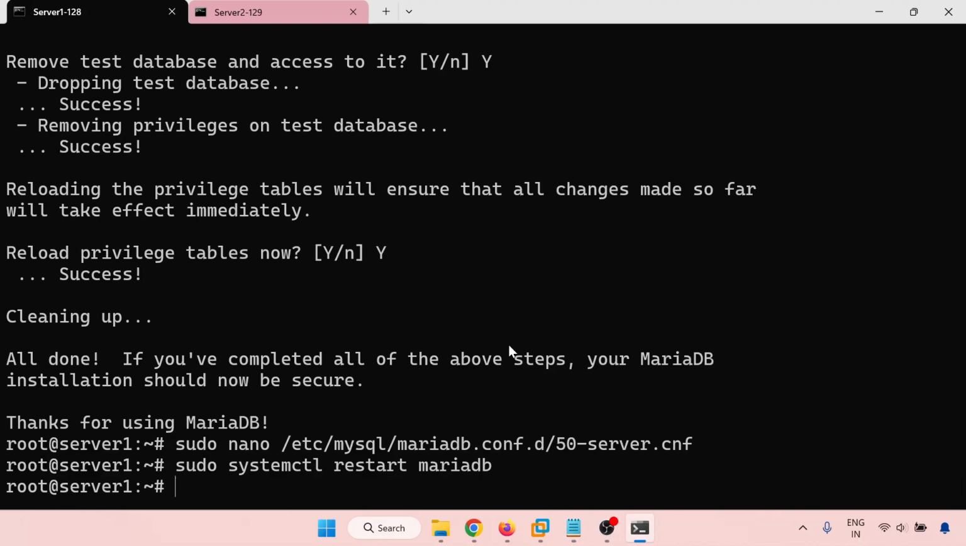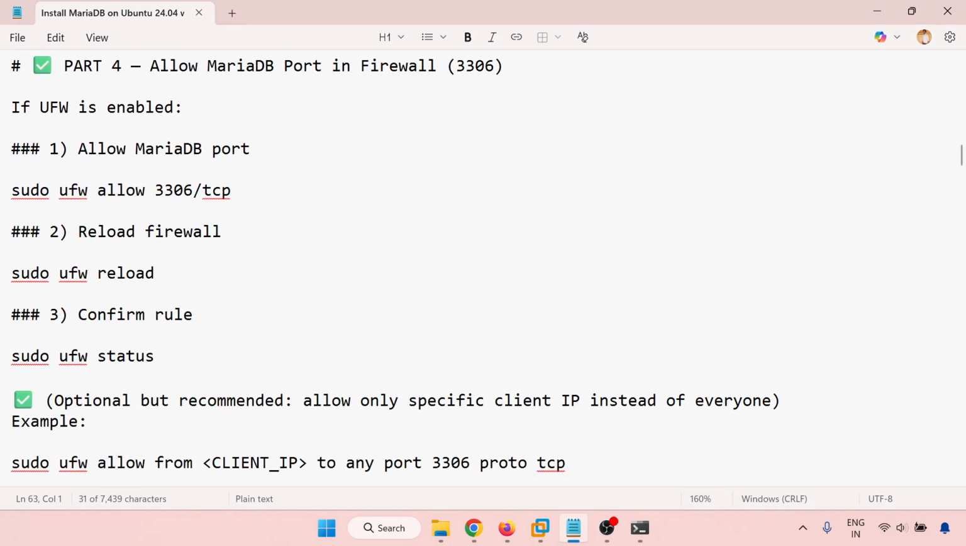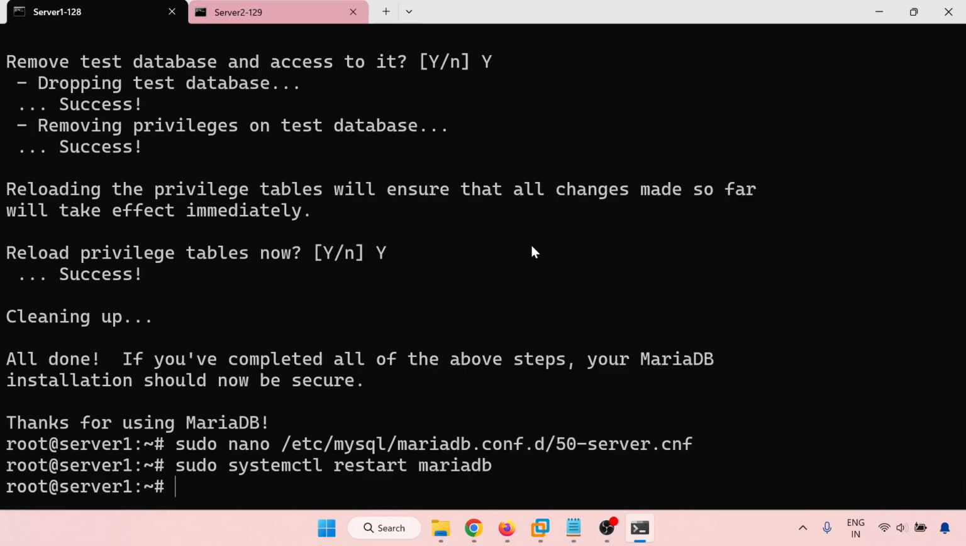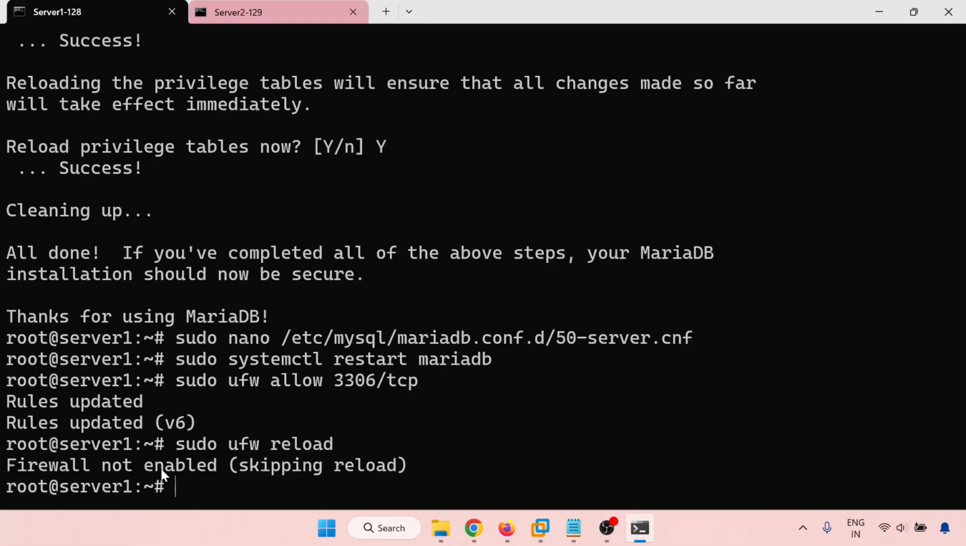So this is done. If your firewall is enabled, then you should allow 3306, which is the default port for MariaDB. So now I'm going to reload. In my case, my firewall is not enabled, but you should run this step if it is enabled, and even if your firewall is not enabled you can run this step. If in future you enable the firewall, it will automatically allow the port. Okay,